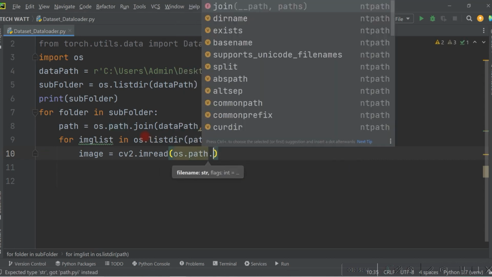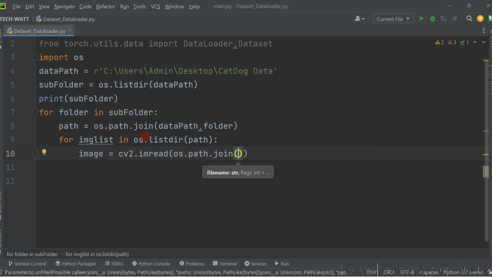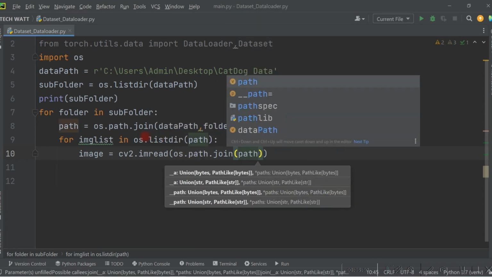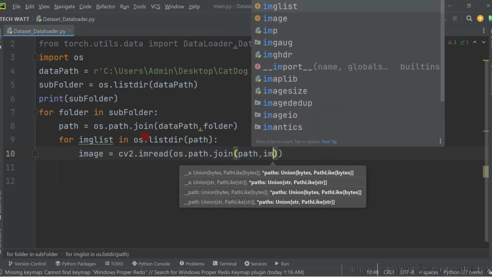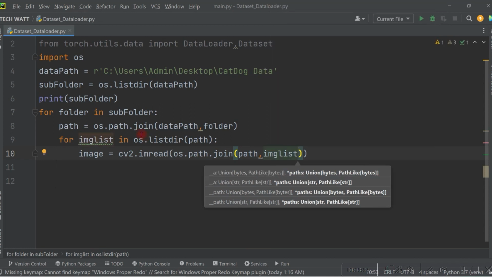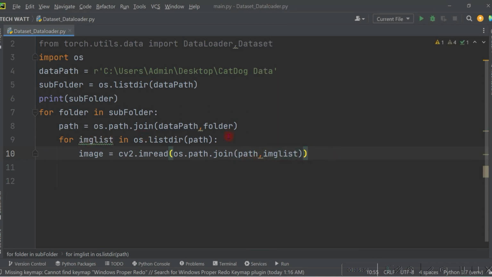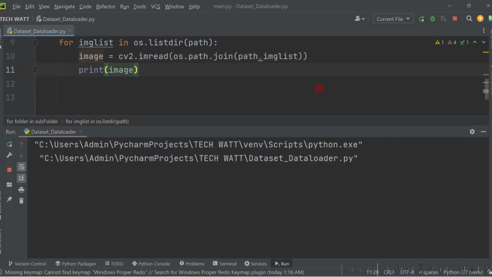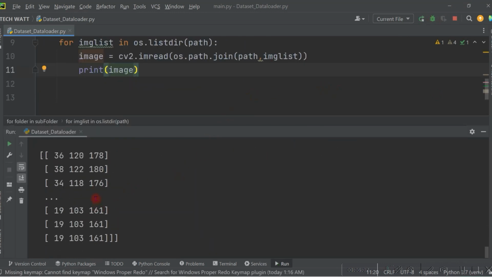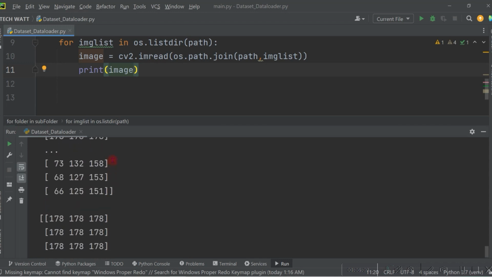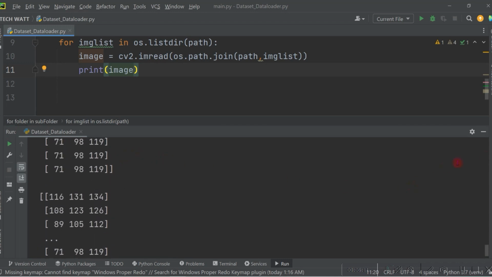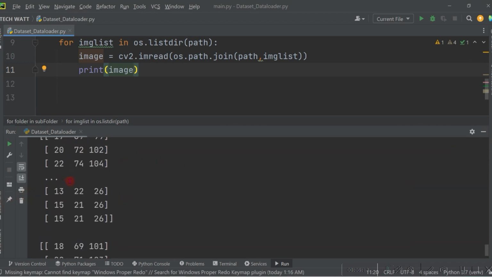os.path.join, and now we're going to join our previous path and our image, and this will give us a complete path to an image. So we can go ahead and print this image, and I think we'll print a whole lot of images on our terminal if everything is correct. So you can see these are lists of all the images in the particular directory,